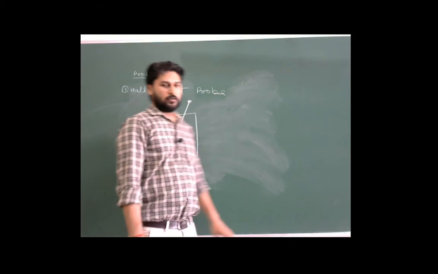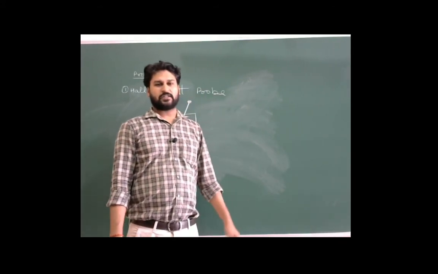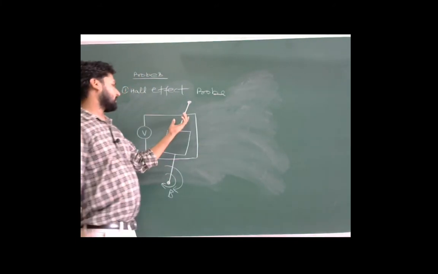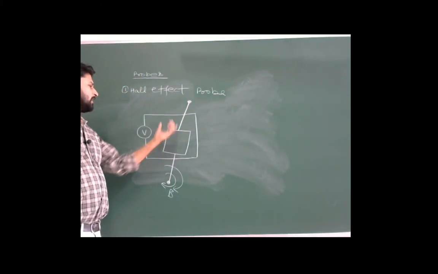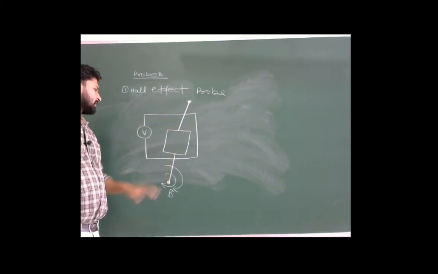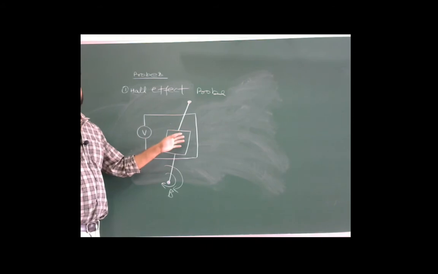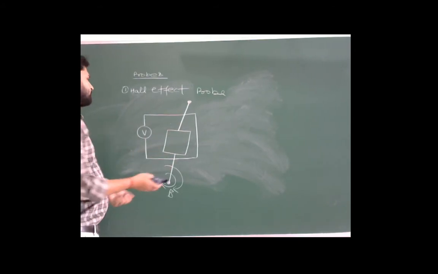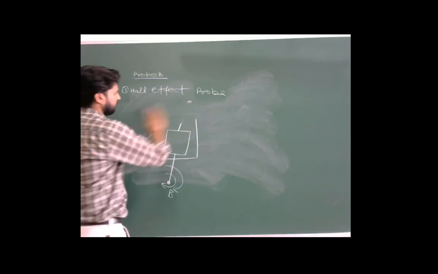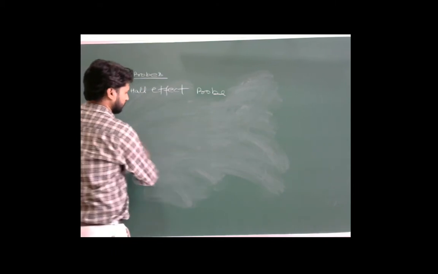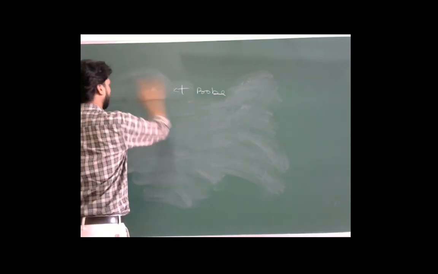This is the working of the Hall effect transducer, and this voltage will be induced whether it is carrying AC current or DC current. In both cases, the potential will develop at the terminals of this conductor if it is placed in a magnetic field. So this is the working of the Hall effect probe. And the next one is the radio frequency probe or RF probe.